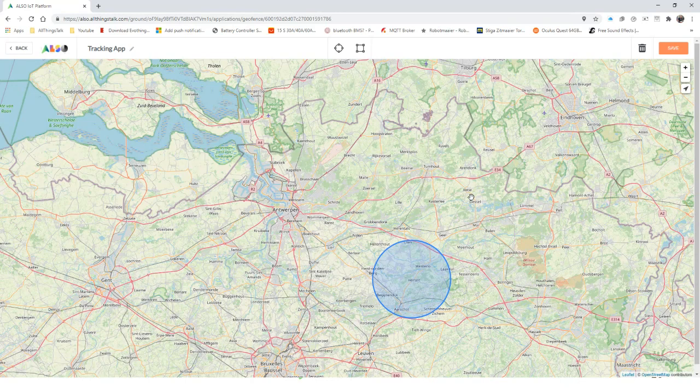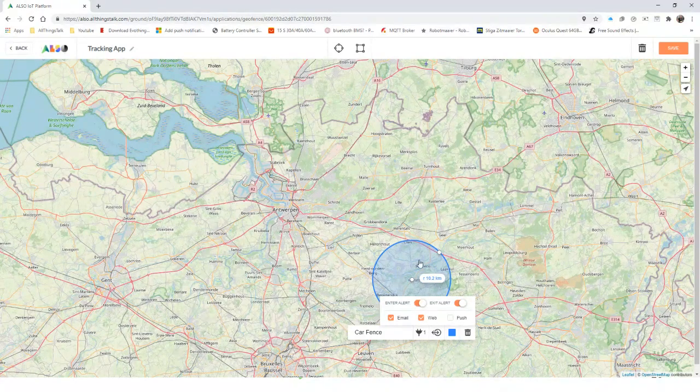So I already have a geofence here. It's my car fence. If I enter this area or exit, I will get a notification. But let's say you have a truck company and the truck is going from Antwerp to Eindhoven,